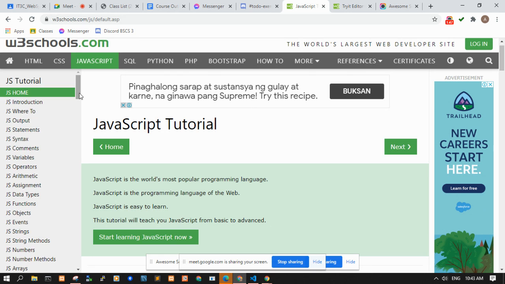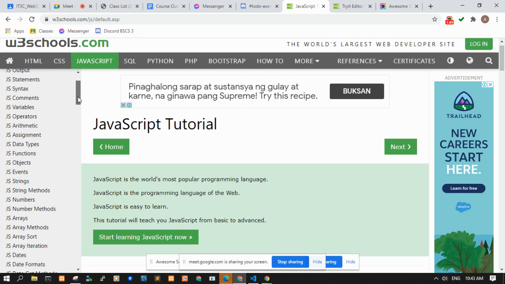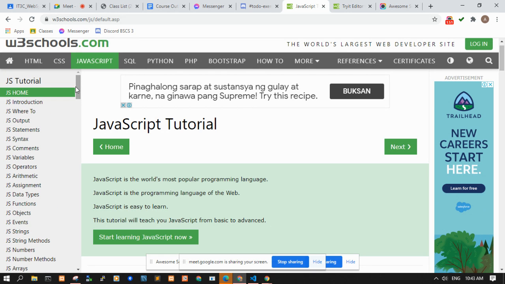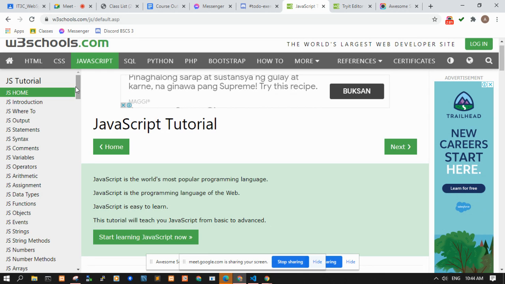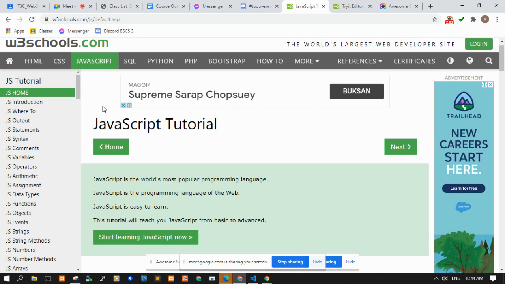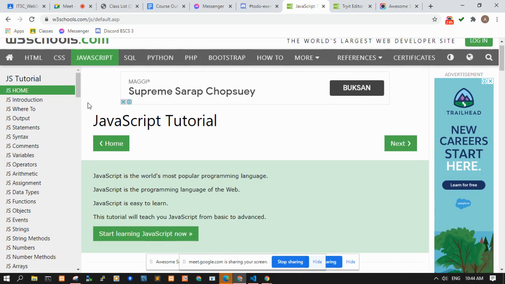So as much as possible, we try to start JavaScript before the midterm exam. So we start JavaScript for midterm and then we continue it in finals together with PHP and React.js.